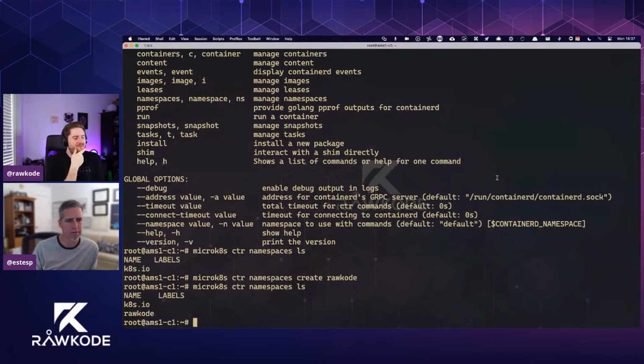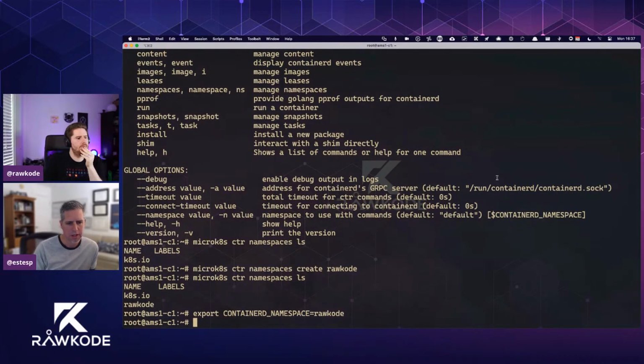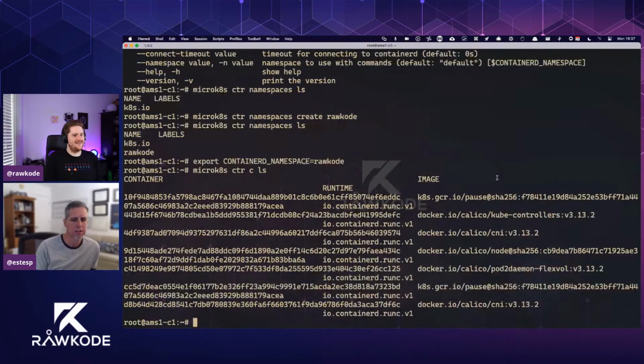Now, every other command takes a -n or a --namespace, which gets really annoying to type. So if you export the CONTAINERD_NAMESPACE=Rawkode environment variable, then now if we do a micro-k8s ctr containers, or just c by itself, ls, we'll see... Now, why do we see containers?